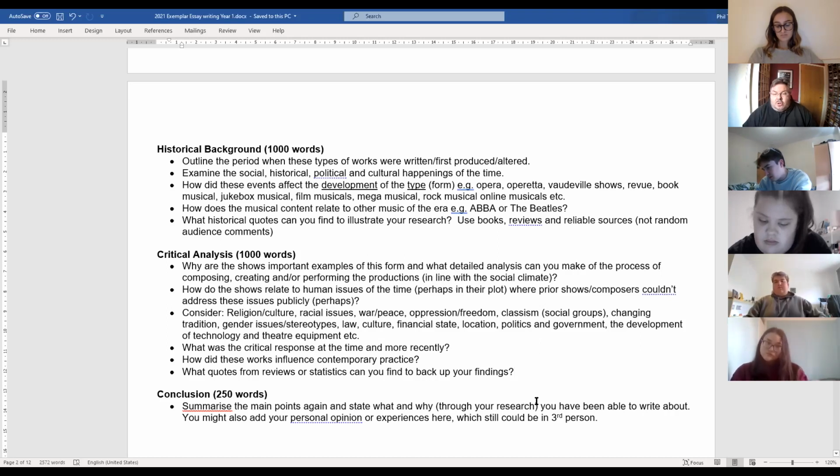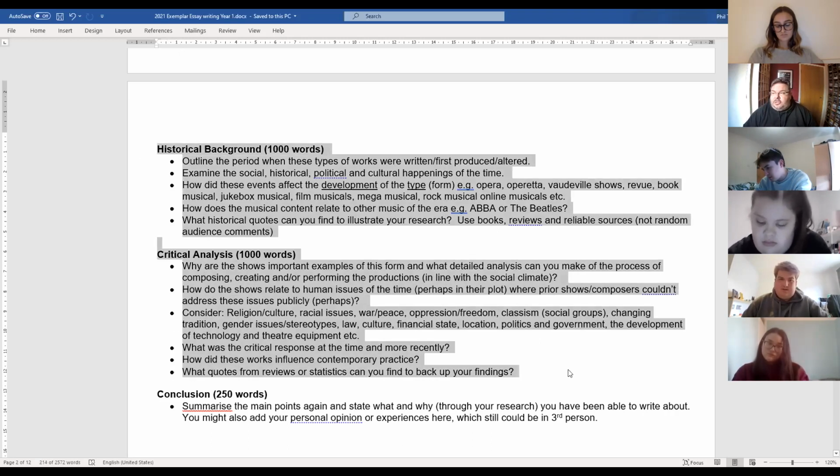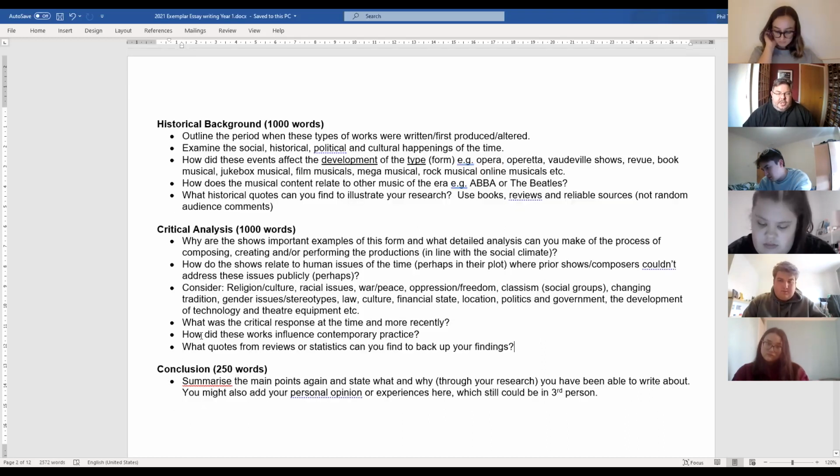Okay, so lots to cram in there in 1,000 words, but I say between these 2 sections, that's your 2,000 words to write up. And I've got some examples of words and phrases you can use to help write it. Then, as you might expect, there's a short conclusion where you go back through and say, these 2 shows are excellent examples of the so-and-so musical, and from that they inspired whatever, blah, blah, blah, the future.